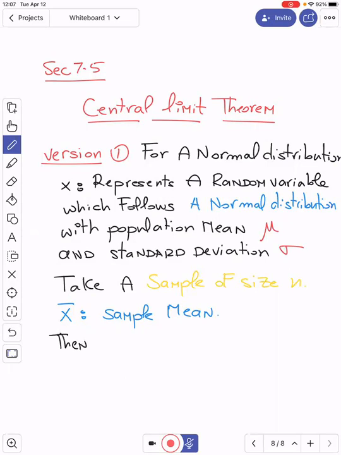The conclusion is that X bar follows a normal distribution,